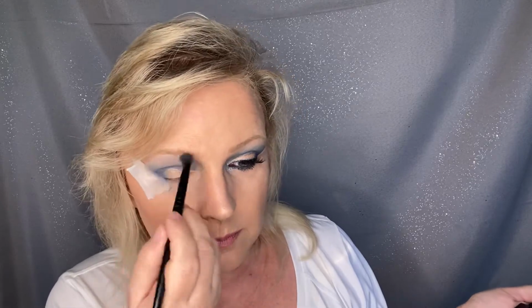Now I'm going to blend a little more. I see that I've neglected to blend here. And I think I need a little bit of a Q-tip to really get into this. There we go, perfect. And blend, blend, blend. Again, blending is key here. And I think I went a little too blended on my brow, but that's okay. It's all fixable. I'm going to add a little more